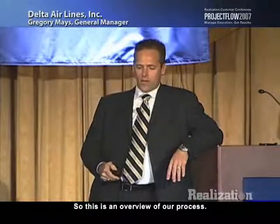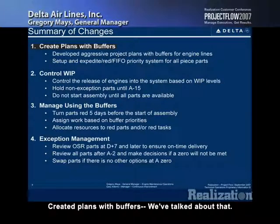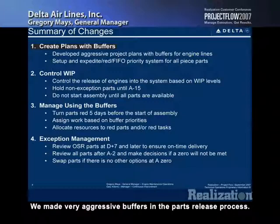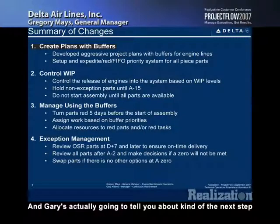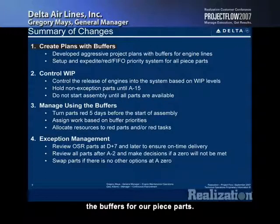So this is an overview of our process. A summary of changes, and I'll go through these real quick. Created plans with buffers. Well, we've talked about that. We've made very aggressive buffers in the critical chain implementation. We've made very aggressive buffers in the parts release process, and Gary's actually going to tell you about the next step that we're going to go to with regard to how we're managing the buffers for our piece